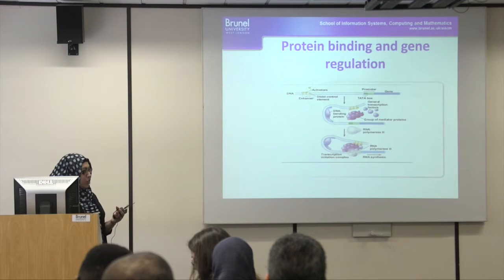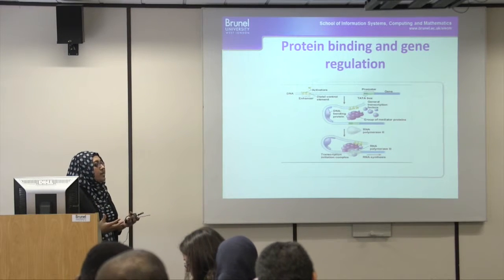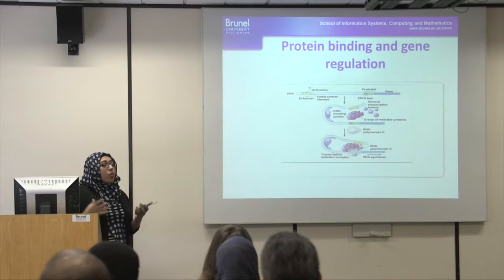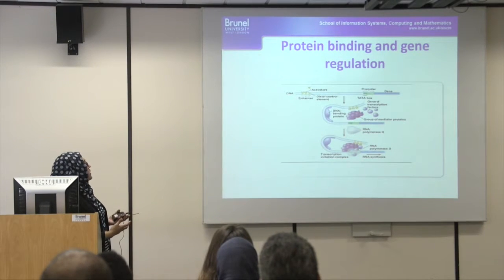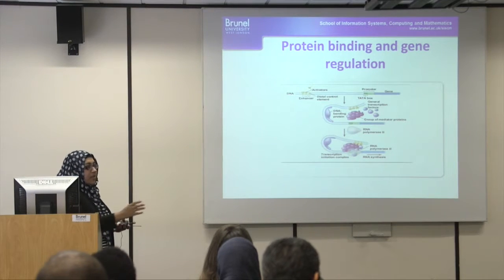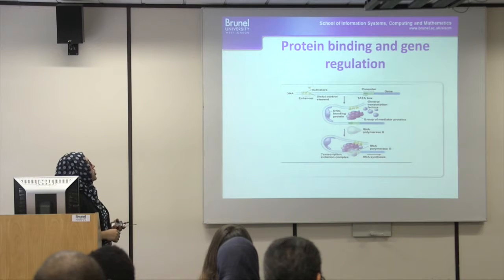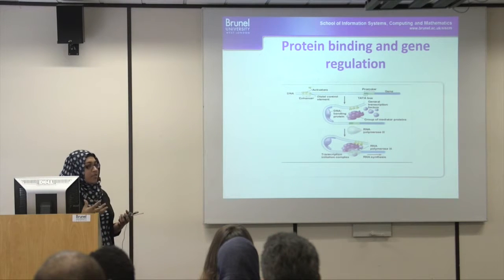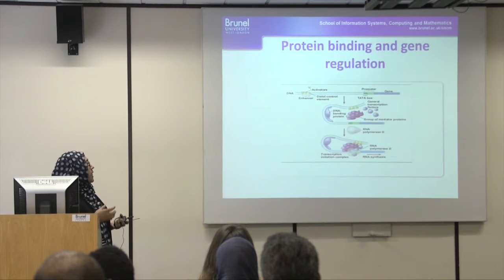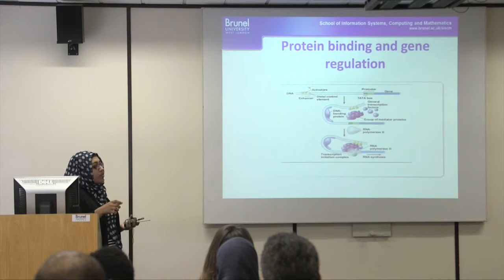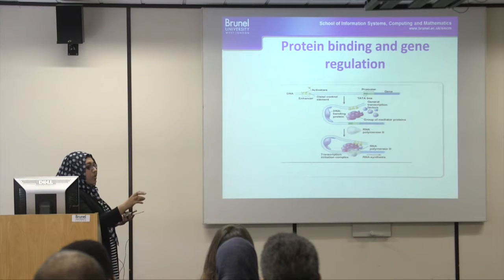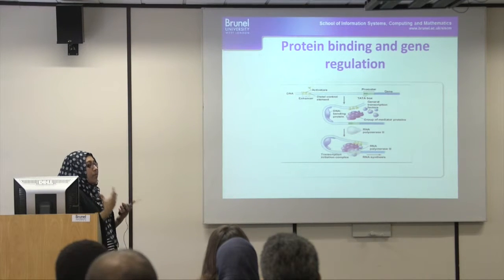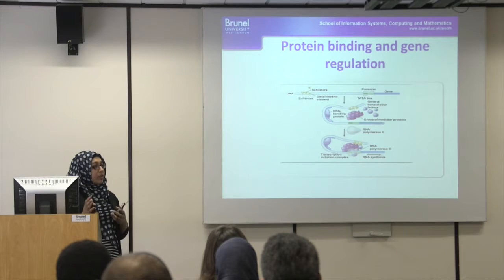For these to be active and producing proteins, there are other factors that work together to regulate the gene. One of these factors is chemical modifications that happen around those genes, and also some proteins and transcription factors that bind at different locations of genes, to make those genes active